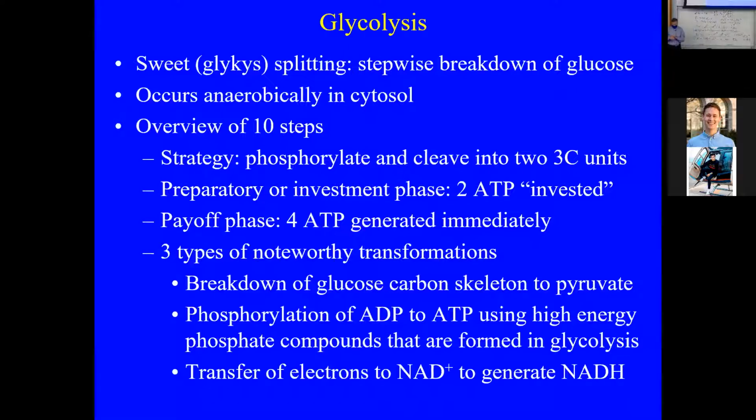So, where the process then of glycolysis